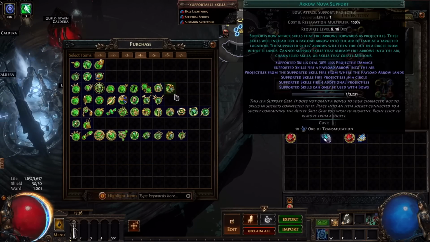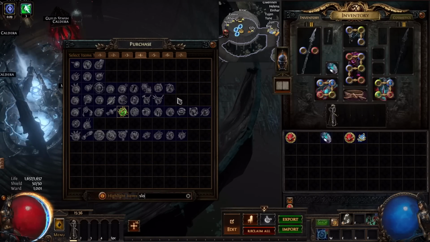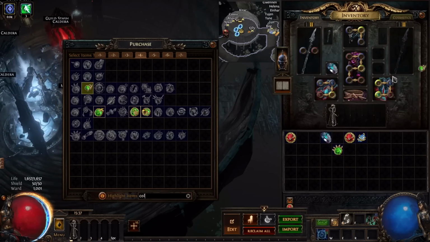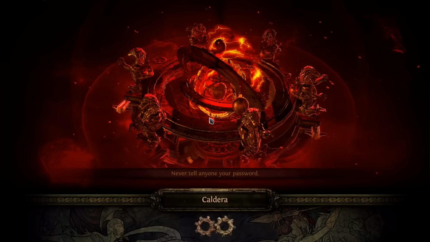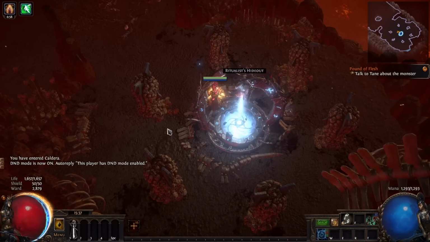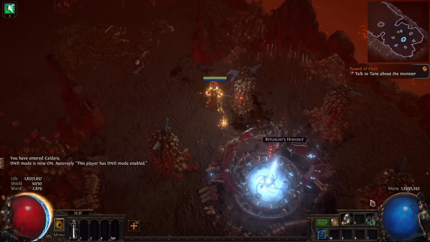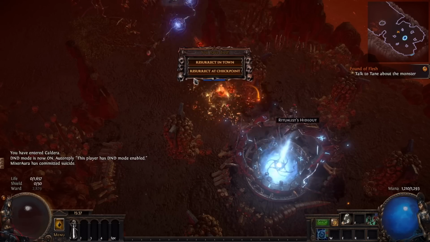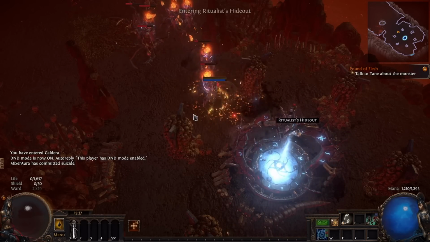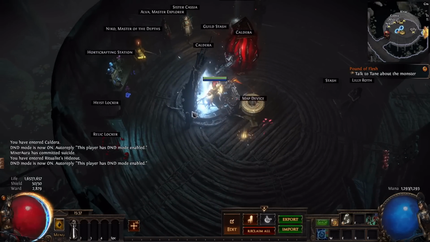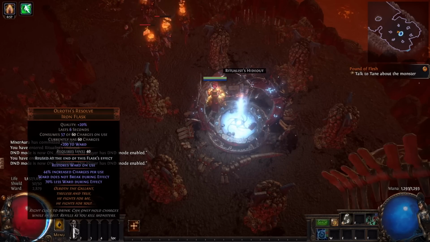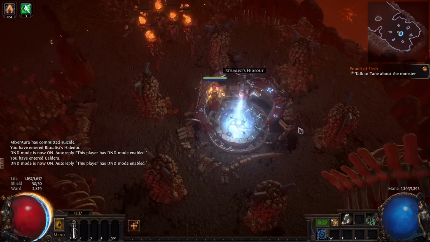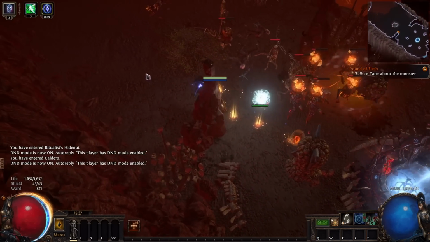So let's see now in a map. I don't know, let's take this slower projectile and cold damage, just to get some damage to kill minions. So let's see now when we summon our minions, they cannot be killed by enemies and they cannot mess up our loop. So we're gonna go in a map. Use the flask, don't forget, because if you don't use the flask you will die by doing damage to yourself. So use flask, weapon swap.